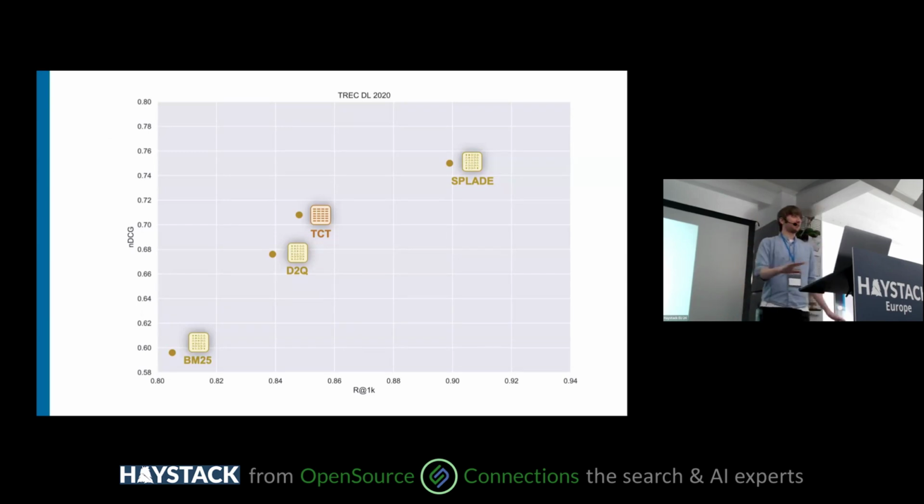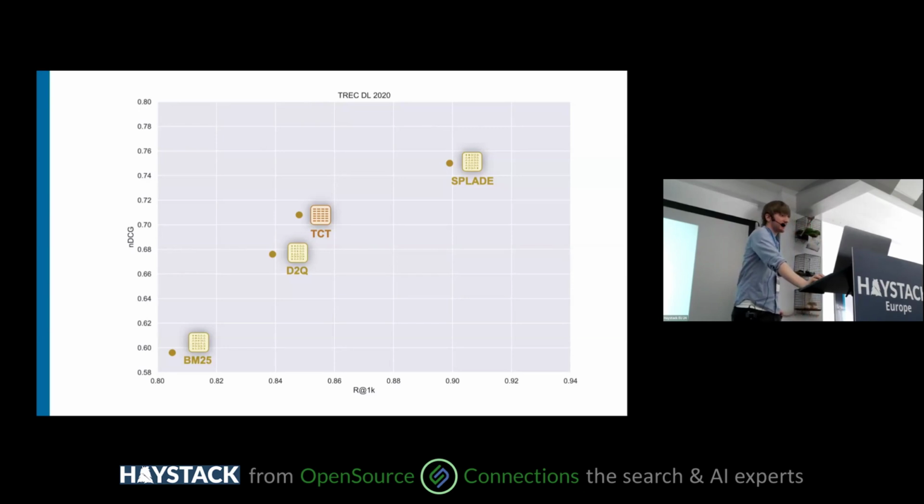And here's just a set of initial retrievers, right? So we have BM25 there with lexical search. We have an augmented BM25 called doc2query. We have TCT, which is a vector search, and we have SPLADE version 2 plus XYZ, whatever, up there. Very, very strong, right? It's getting high recall and very good search results.